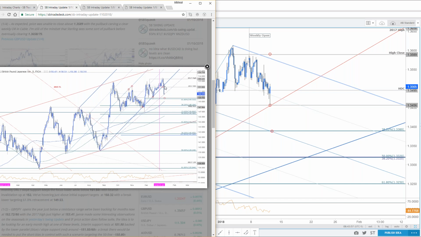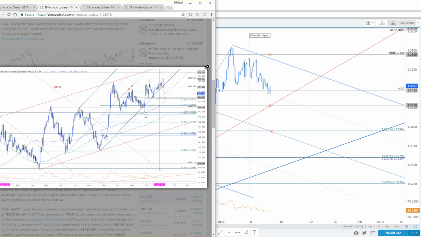So for pound yen, I think you got a little bit more of a definitive move. And I still think you have to respect the possibility of further downside before this thing resumes higher. Again, we're still within the broader confines of an uptrend off that 2016 low, but as it stands right now, it still looks a little vulnerable. So at near-term support, the big level here, the big pivot, 149.53, 149.75, that region is massive.